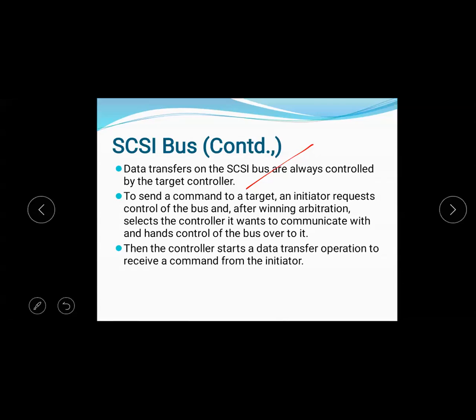If two or more requests are there, the decision is by priority level, and the highest priority is given the bus lines. After winning the arbitration, it selects the controller. The SCSI controller is selected, then it communicates with the bus. Then the controller starts the data transfer operation to receive a command from the initiator.